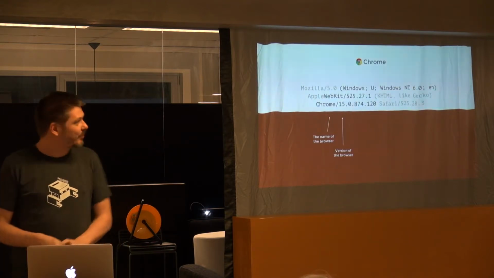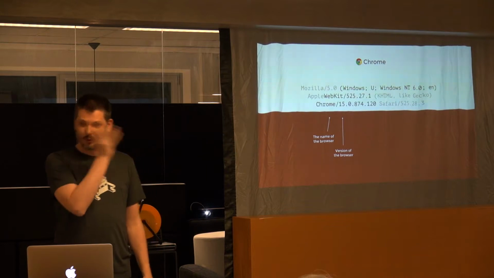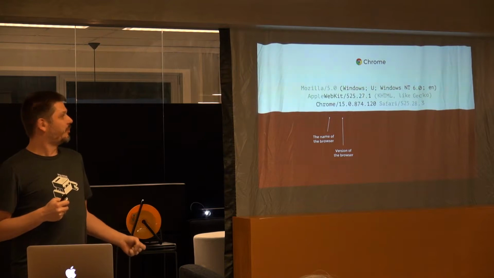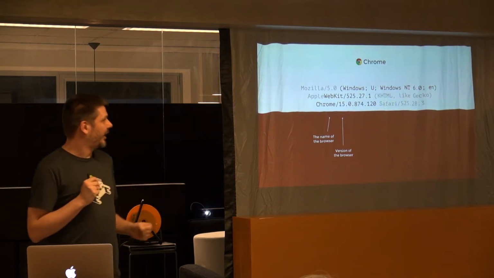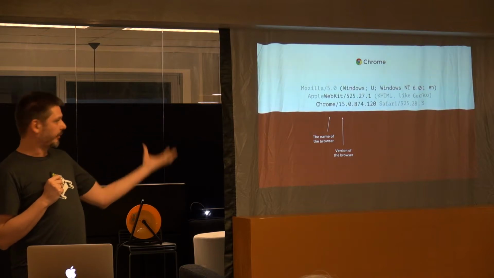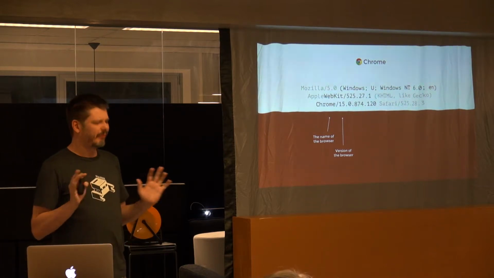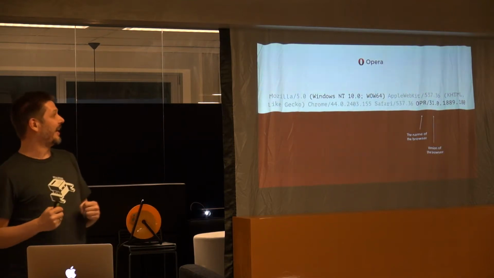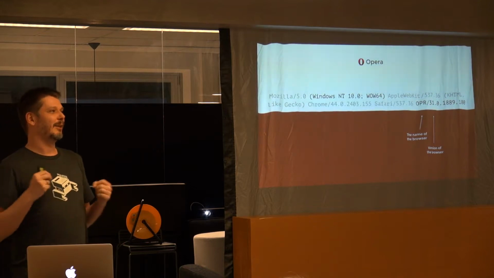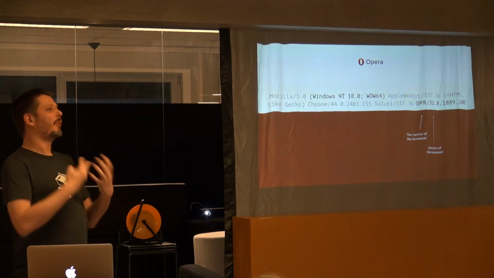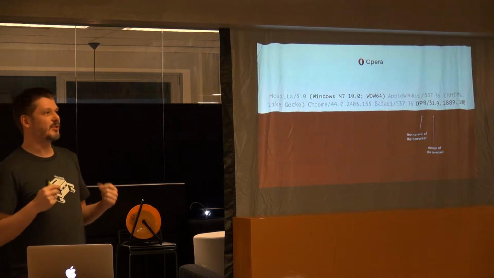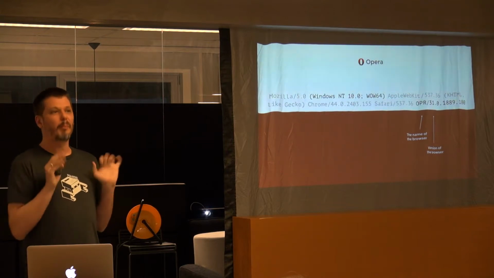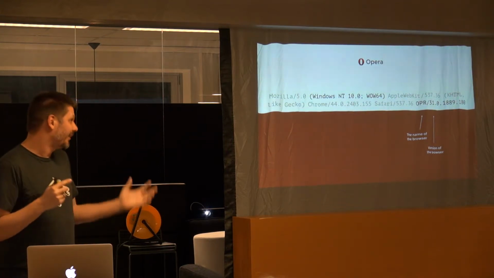And then we had Chrome, which was based on Safari, and they kept that whole user agent string because they wanted to be like Safari, and wanted to be like Gecko, and so on. And they just added their own Chrome token with the version number. Fine. Then we have Opera again, which started using Chromium and added again their own token. Well, not the Opera token from the older versions of Opera, because people might think this is an old version of Opera. No, they created their new Opera token. It worked.